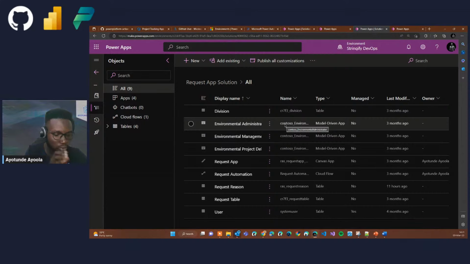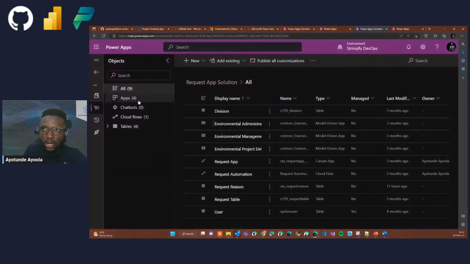Request App Solution. You will see that the Request App Solution contains 9 different objects, of which 4 of them are applications. All right, I just added 2 actually. It should just be 2 applications, but I added 2. But anyways, let's leave it. One Cloud Flow, and then you would see that